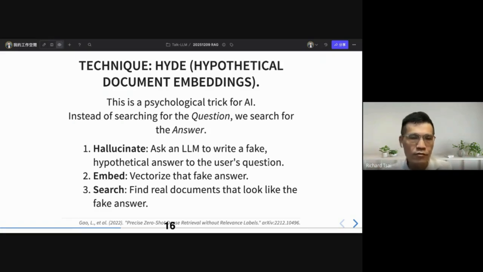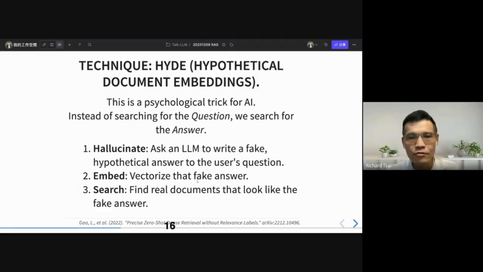Even if the LLM doesn't know the answer, it will always generate an answer, right? And although this answer may not be correct, it is easier to use this generated text to match the real answer.